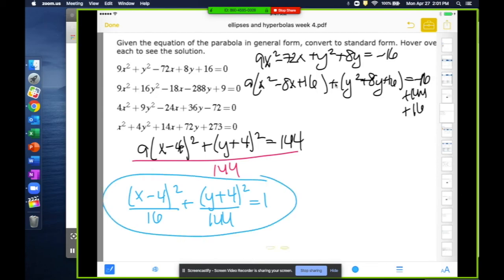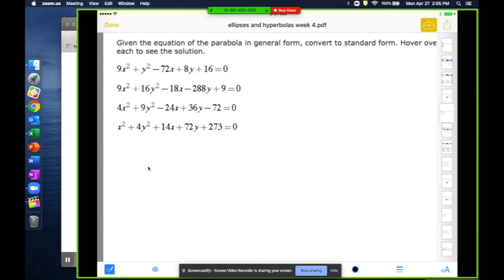And that's going to be my final answer for that equation. Alright, example number 2, same kind of thing. Group your x's and your y's together. I'm going to try not to say everything on this one because you can see what I'm doing when I'm writing it down, but I'm grouping everything together here and subtracting 9 to the right hand side, so I get